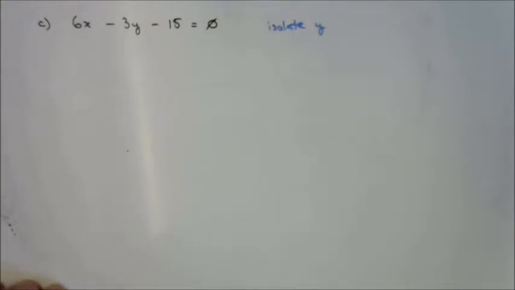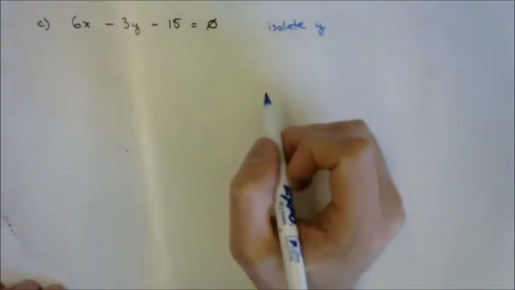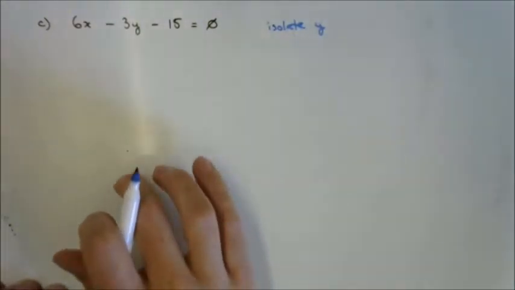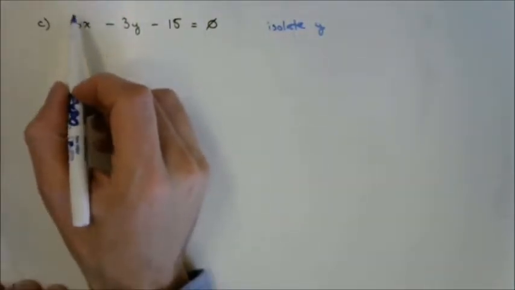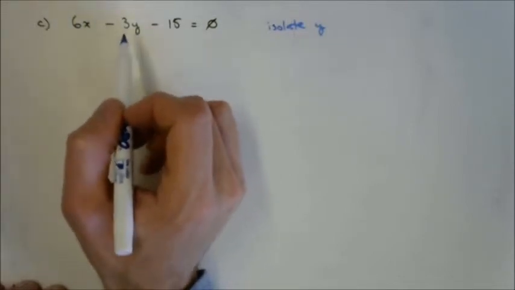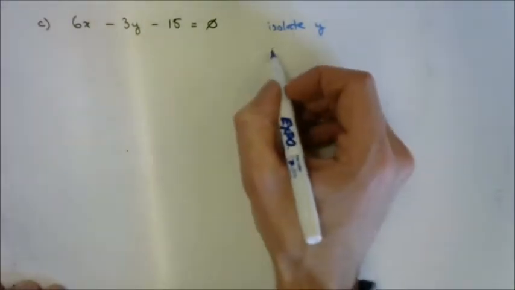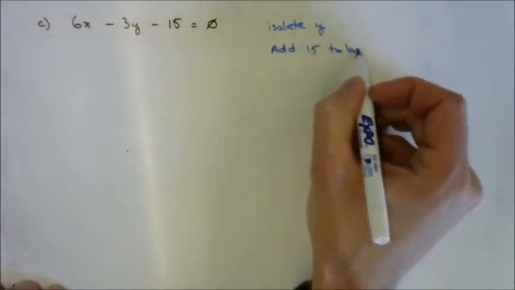Who would like to share? Jaden, give us one of the things that has to happen. You have to divide 6x. Why? Because it's multiplied together. But it's not attached; I don't need to separate this. Then you add 15. Okay, so one of the things that we're going to do is add 15 to both